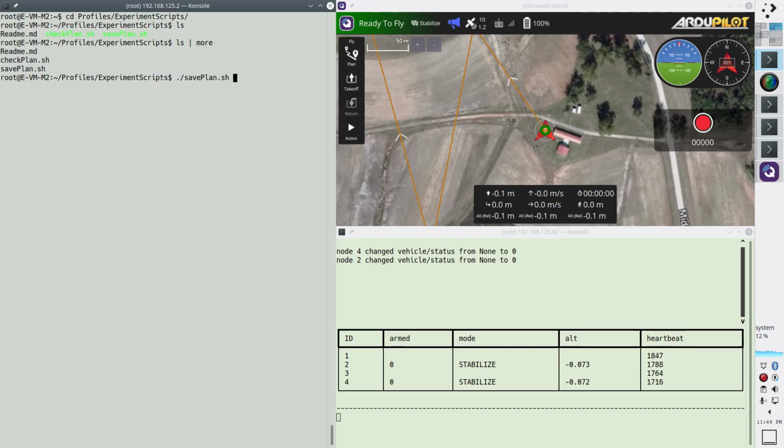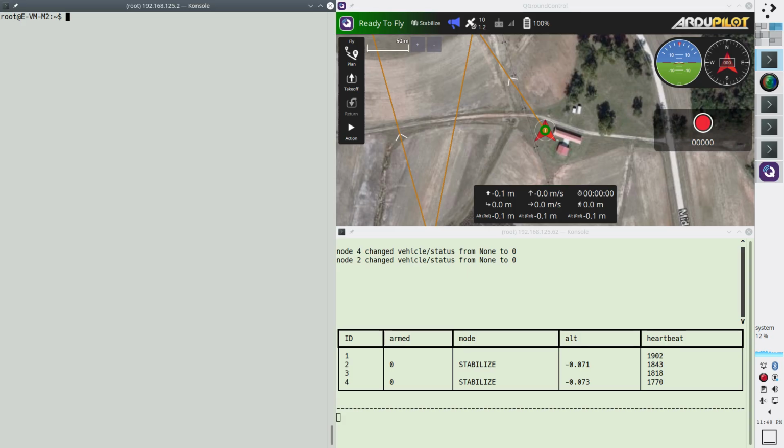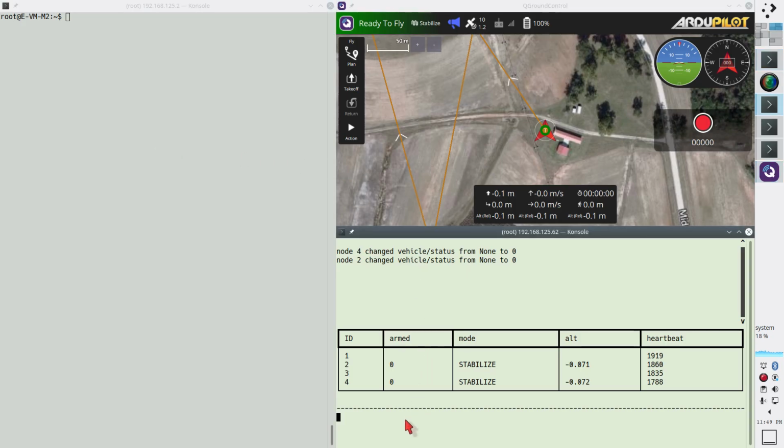So if you say save plan.sh, it connects, and it saved the plan. So now we can just go and start the execution. So the way we do that, we say start experiment,